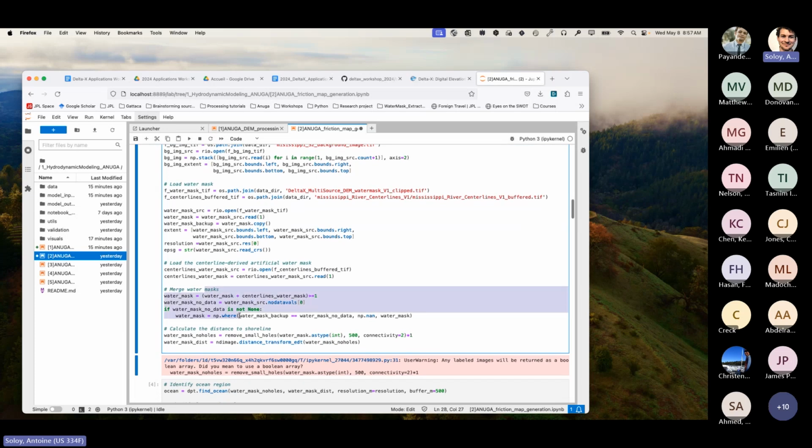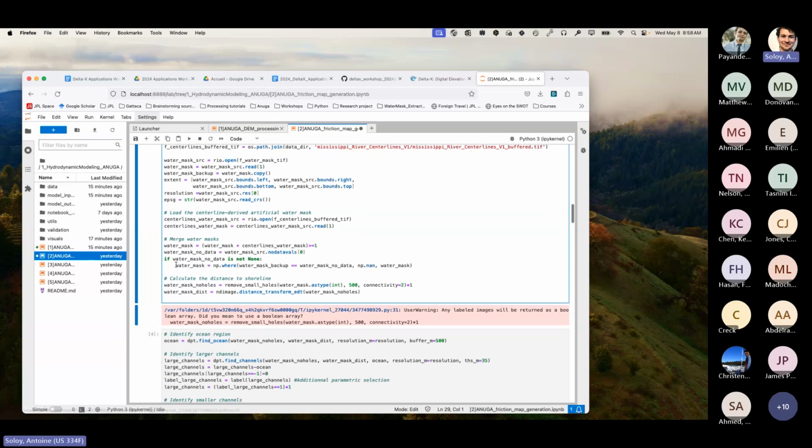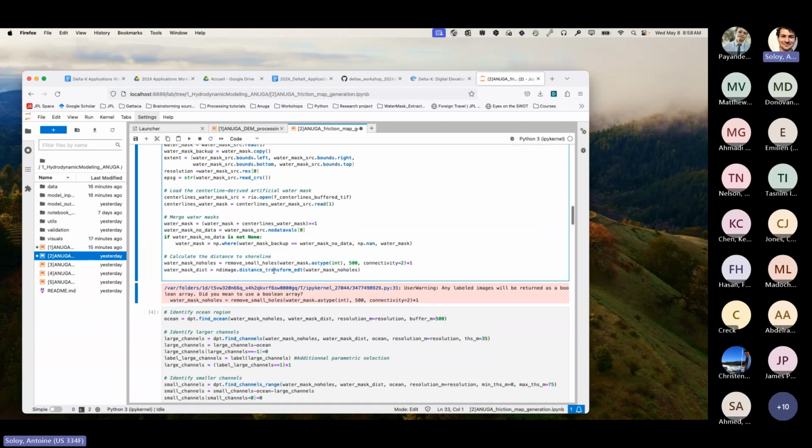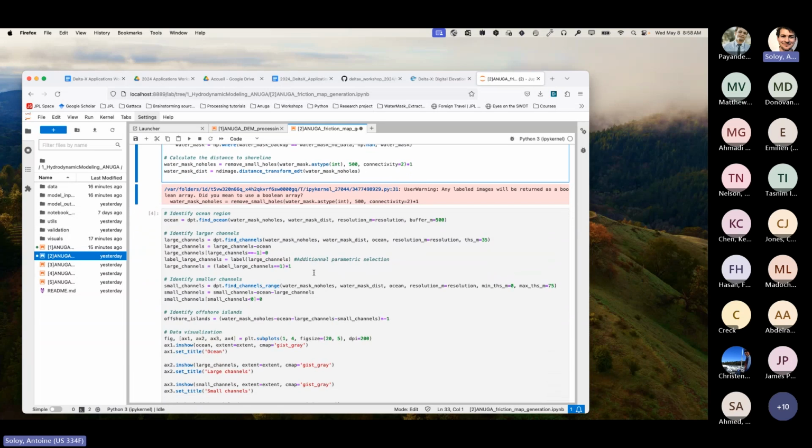And then we're merging those with the water mask to make sure that we have something consistent. And the last step here is to calculate the distance to the shore that will be useful for our morphological classification. So we're going to basically detect smaller channels versus larger channels. We can even add more classes to that, depending on